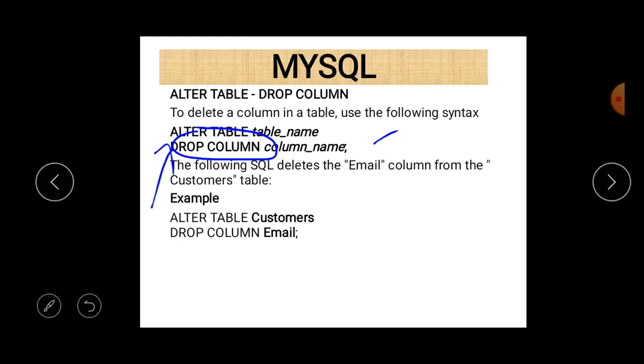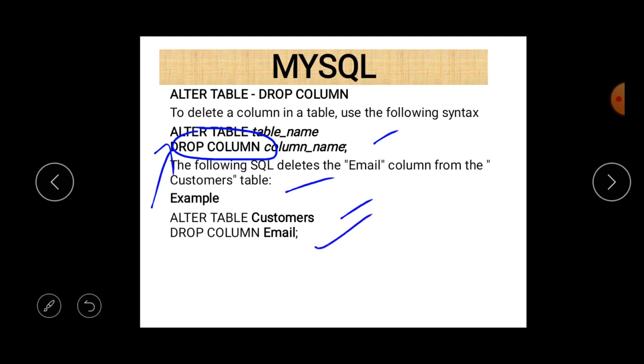The following SQL deletes the email column from the customers table. To delete a column in a table, we use alter table with the drop column keywords. Here is an example. There is a table named customers, and there is a column in this table named email.